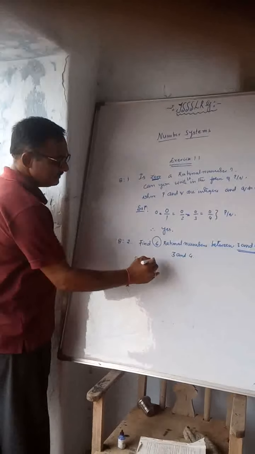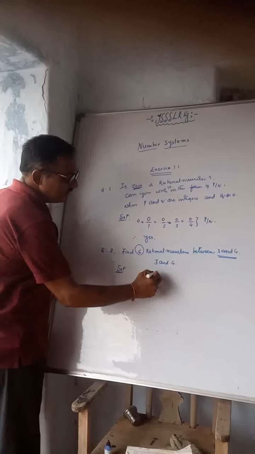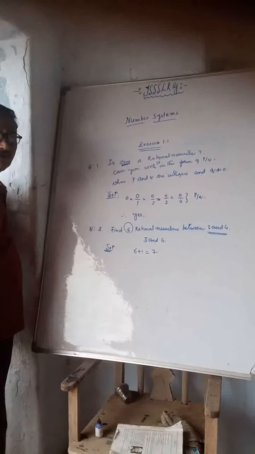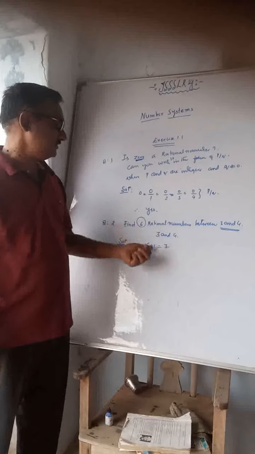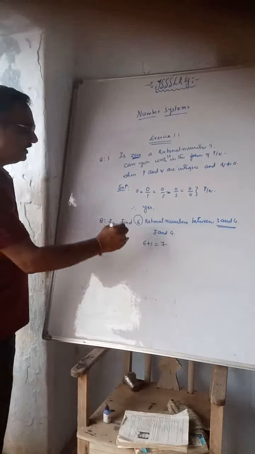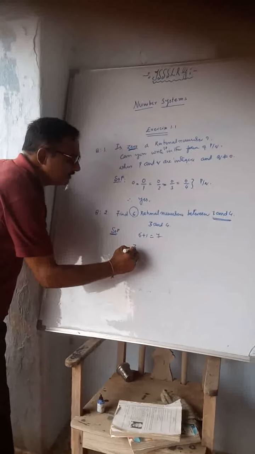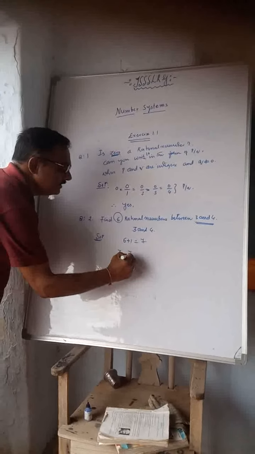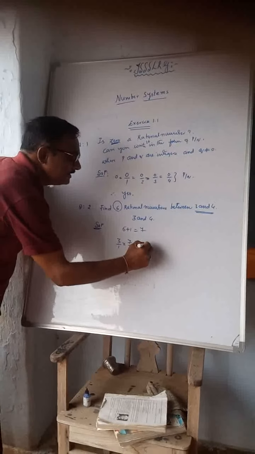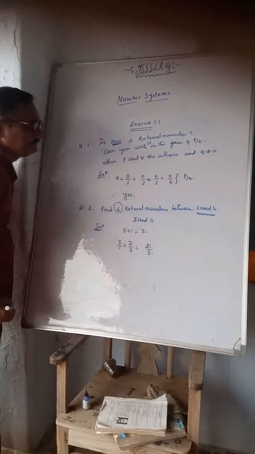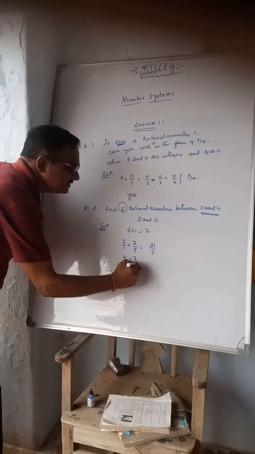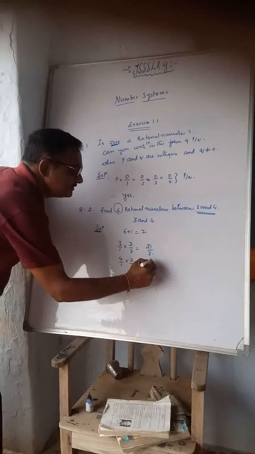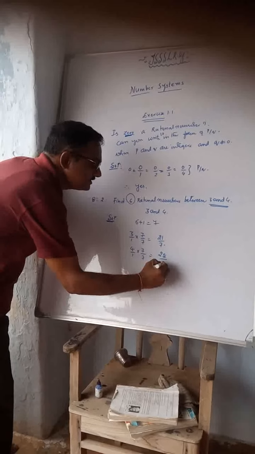So we are going to take 6 plus 1, which is 7. We want 6, which means we take 1 more. Now let us multiply 3 by 7 over 7. It is 21 by 7. We take 4 by 1, multiply it with 7 over 7, it became 7 4s are 28 by 7.